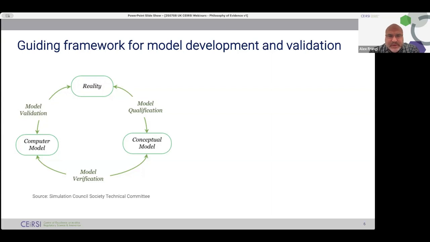And there are concepts that we're not going to go into a lot of detail today, but are important and distinct. Model qualification, which is saying: this model, does it represent the reality and all the reality, or does it leave some aspect uncovered? Model verification: is my computer model reflecting that conceptual model? And model validation: do my predictions reflect behaviors of that reality that I'm interested in understanding?